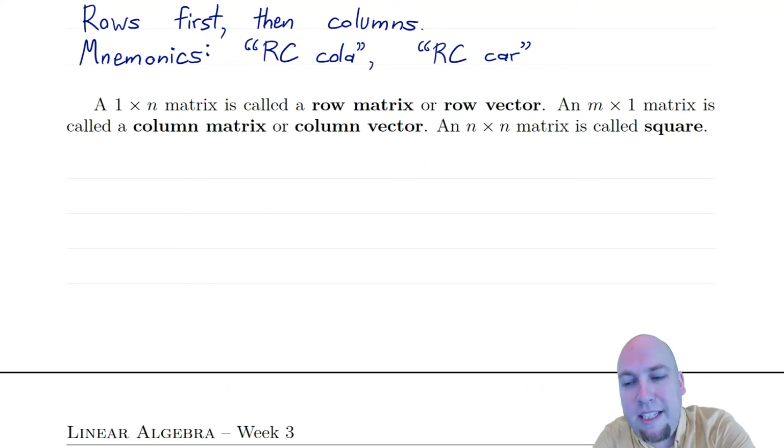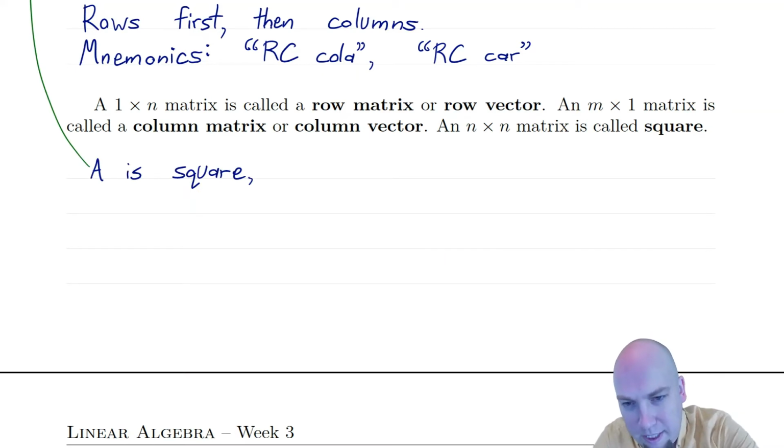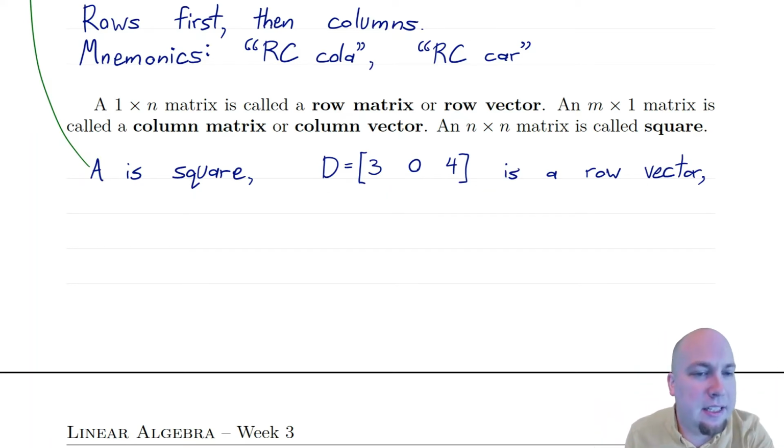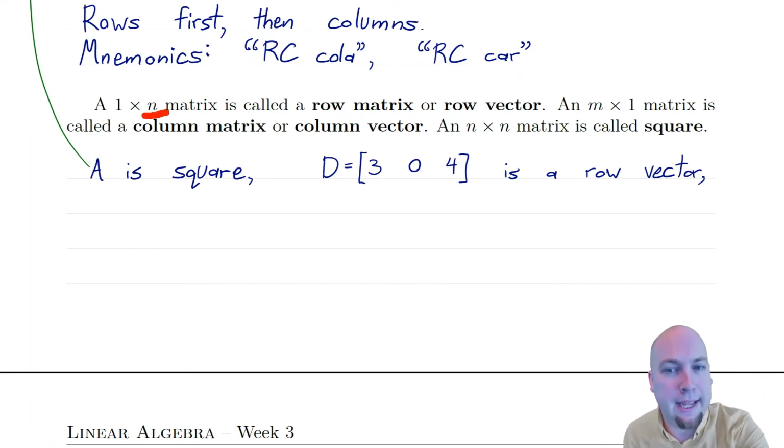So if a matrix happens to have size 1 by n, then we call that a row vector, okay? A row vector because it just looks like a single row. Here, this is a matrix that's 1 by 3. So that's a row vector. If it's 1 by n for any value of n, then that's a row vector because it's just sort